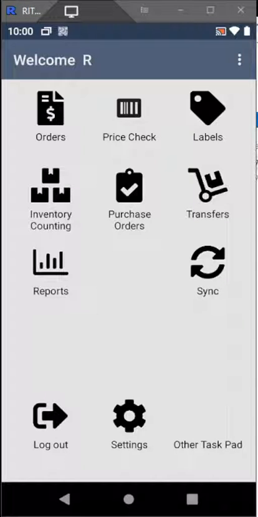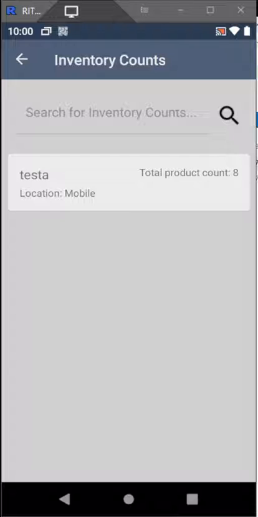This video covers inventory counting on the Cloud Retailer mobile app. When you go in, you will notice that there is no option to create an inventory count on the mobile app. That is intentional. That is best done in the back office,